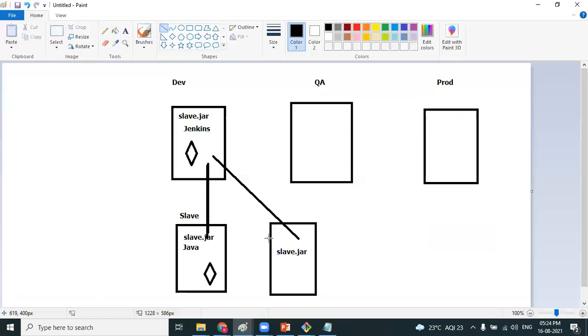So if in the interview I ask you why we are going for slave machine, you can go with increasing the hardware of the dev instance only, isn't it? Then what will be your answer? That is a solution provided by AWS. There should be a solution from the DevOps, from the Jenkins standalone tool point of view. Not every client uses AWS. A few Jenkins clients use on-premises environments, and they might have their limitations. So the solution should be from the Jenkins tool point of view, not dependent on the cloud solution. This is the right and preferred solution.